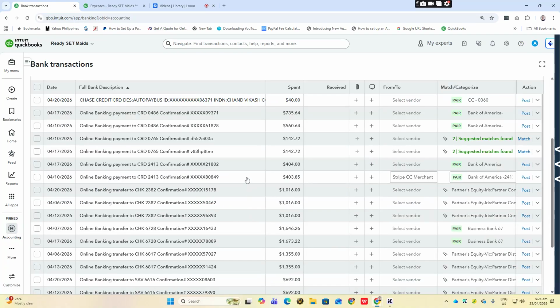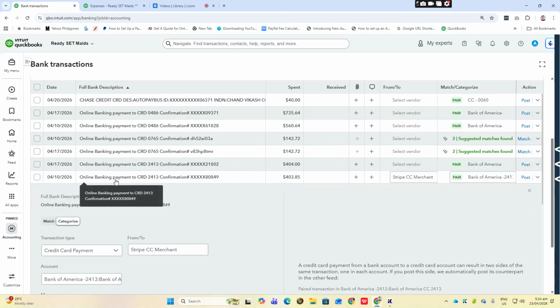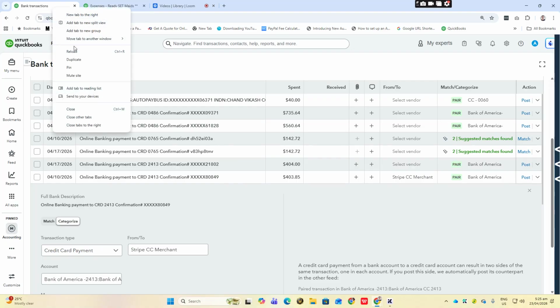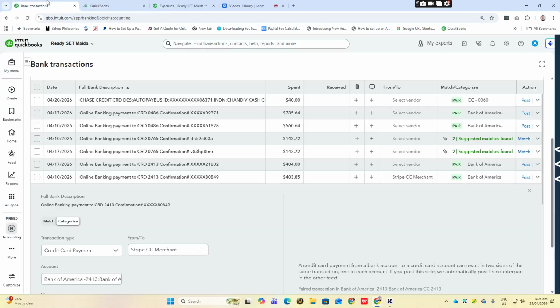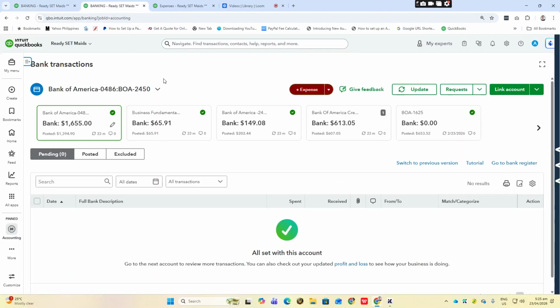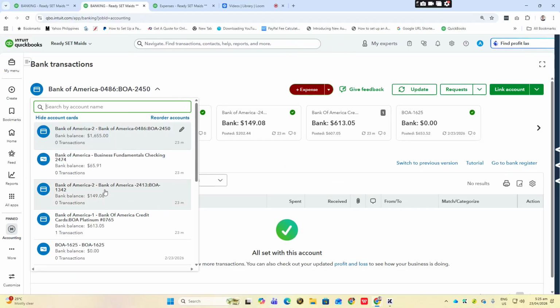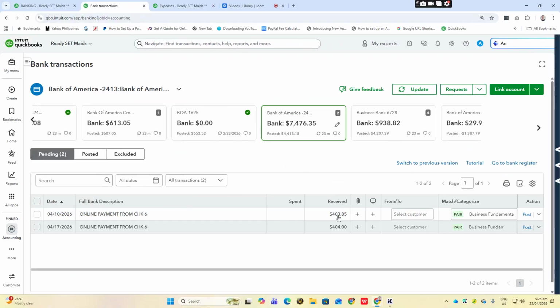So you can see here, online banking payment 2413, 403.85. So underspent. And then this one, I'm going to duplicate this one. This one is underspent 403.85. Under 2413, this is received, right?